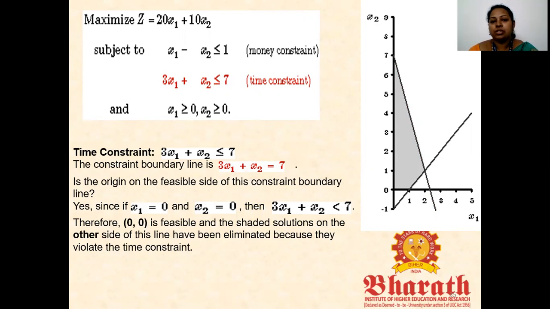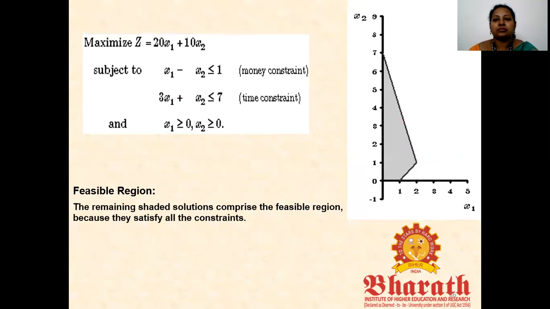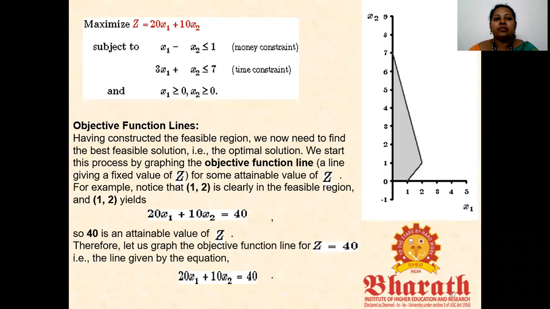After finding a feasible solution, we have to analyze which one is the optimum solution. For getting the optimum solution, we have to select the boundary points. The boundary points may be 0, 0, then 1, 0. We have to select the intersection of these 2 lines, and we consider the optimum solution on these intersection points. After finding a feasible region, we select the intersection points. Then we search for an optimum solution.